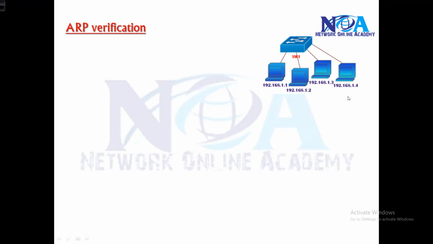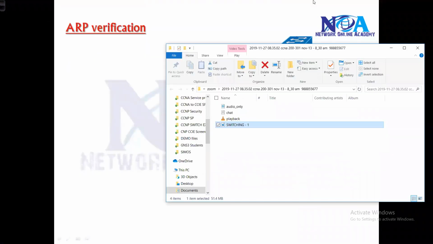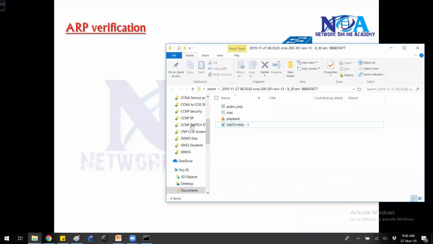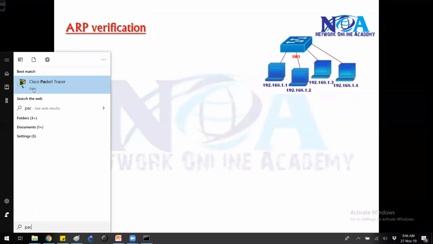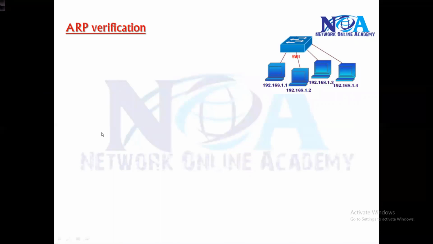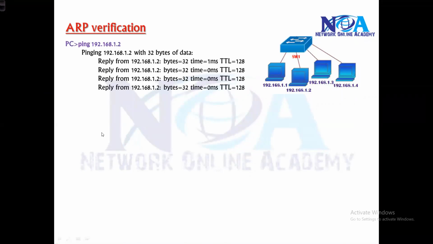The next thing, we have something called ARP. Now, if you verify here, these options here, if you go and check, I think I closed my topology. Let me quickly open that up. So if you remember, we verified the connectivity based on the ping commands.